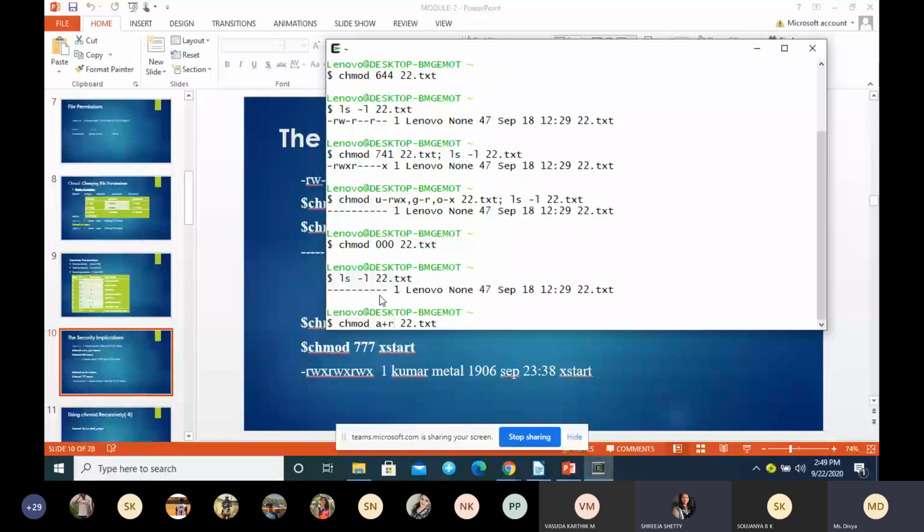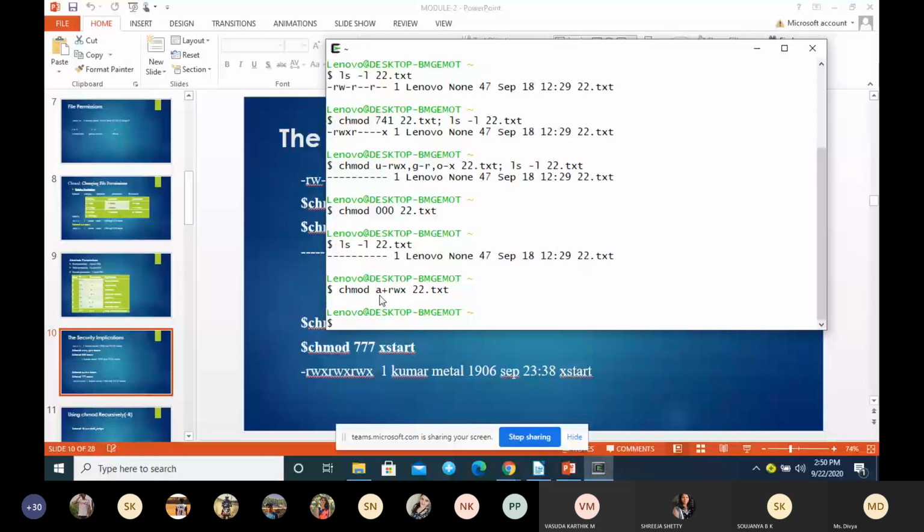What does that a indicate? All. So for all, that is user, group and others, we are giving all three permissions. It is dangerous to give all the permissions to all the categories, so we have to take care.